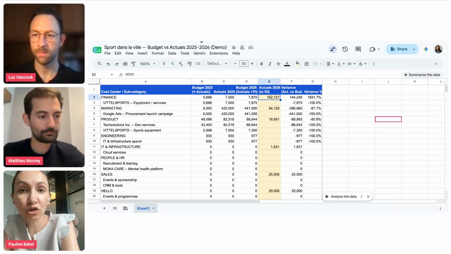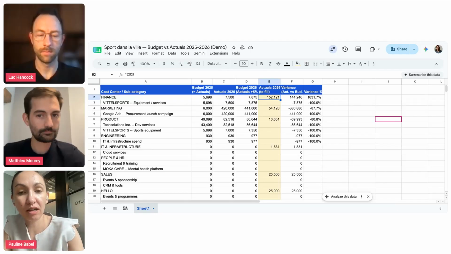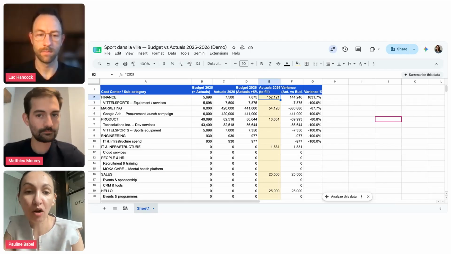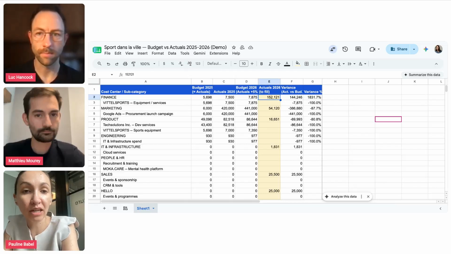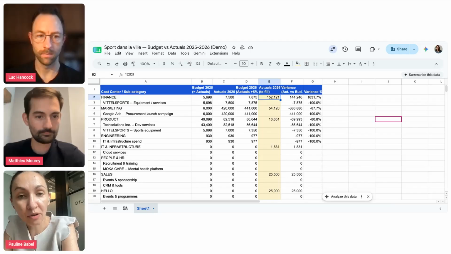So just to show you how deep we can go, we will now go to the lower level, at invoice level and at suppliers level. Now if I want it to dig into the finance cost center, which was definitely overspending, I'm still authorizing some features inside the MCP.